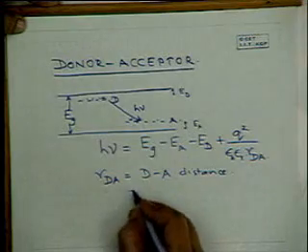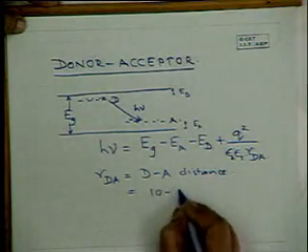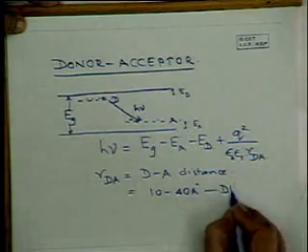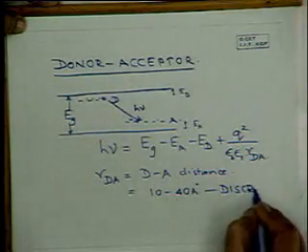This value of R could be something between 10 to 40 angstroms, which will give you discrete lines